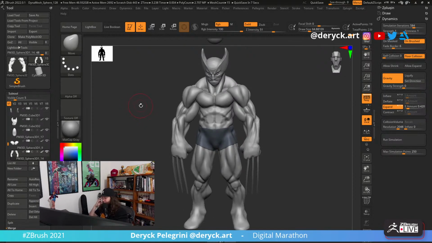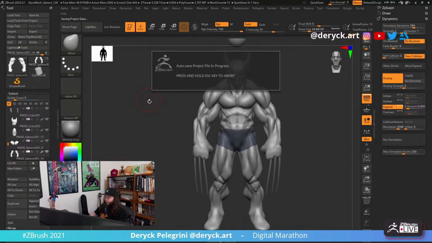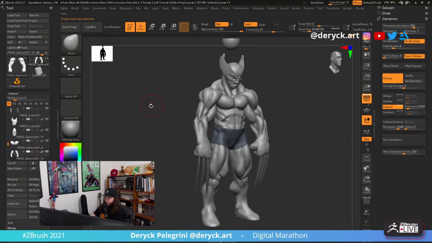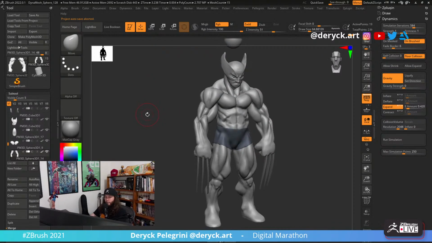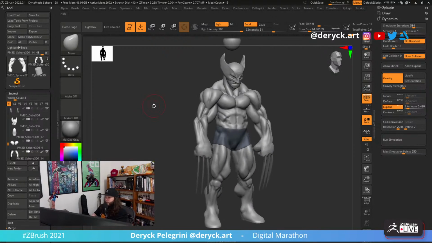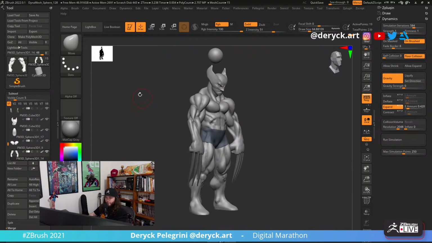but my intention with this character is to leave it pretty rough, or at least close to the level that I did the Hellboy. If you watched the past stream, I did a sculpture of the Hellboy, and I did a rendering. I did textures and stuff, but it's still very, very rough. So yeah, probably I will leave it very rough. Again, about the time, it all depends.